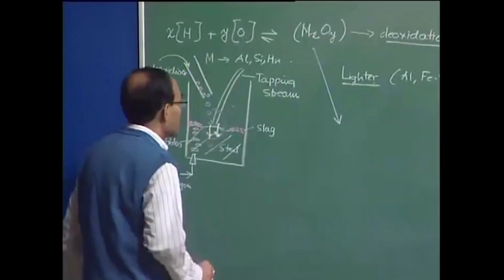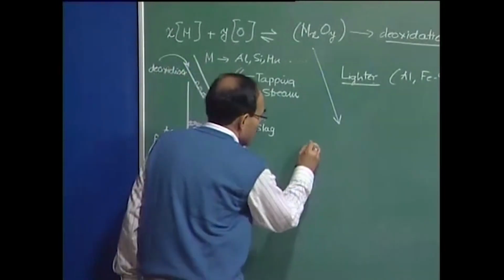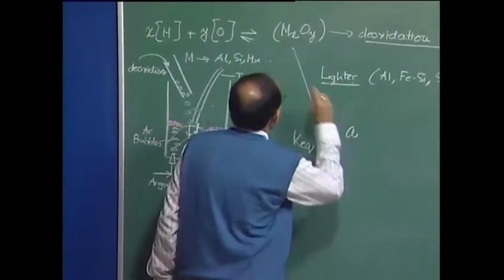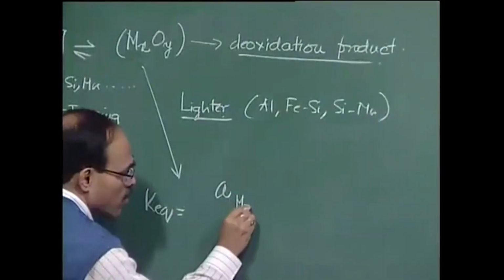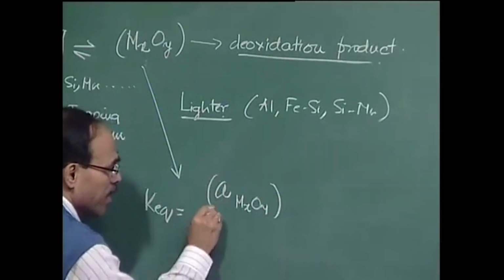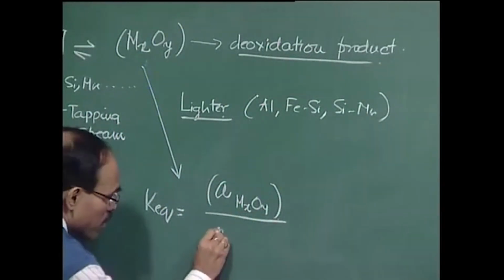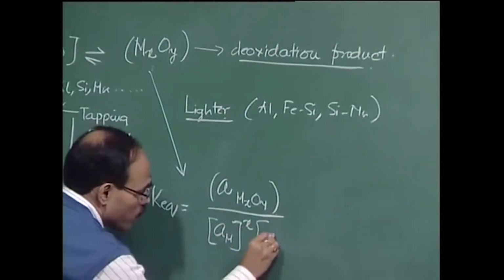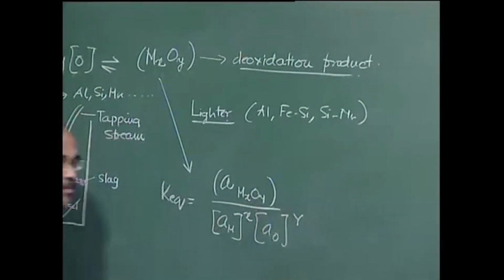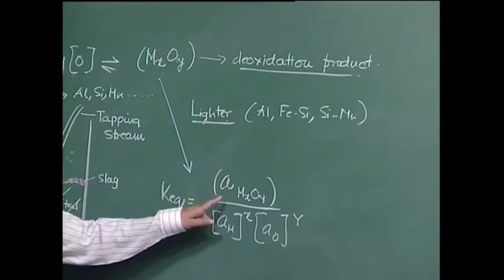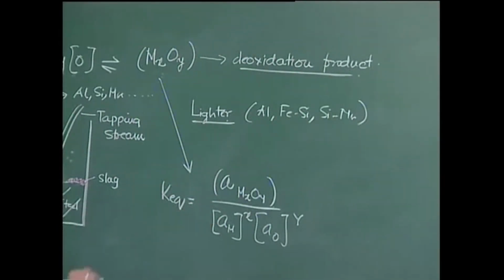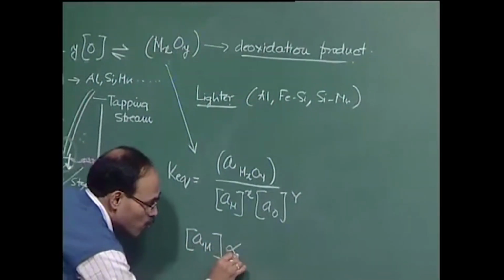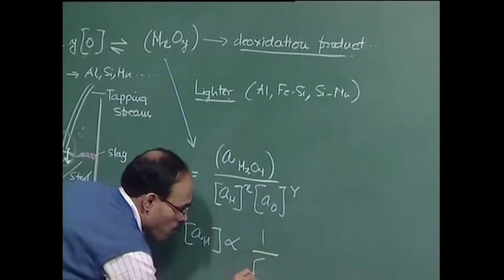because we want to study the thermodynamics of the deoxidation process first. We can say that K equilibrium is equal to the activity of the metal oxide MxOy in the slag, divided by the activity of metal raised to the power x and the activity of oxygen raised to the power y. For the time being, taking the case of a pure deoxidation product, we can find that the activity of metal in the bath is going to be inversely proportional to